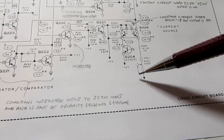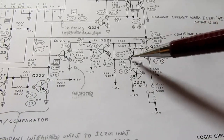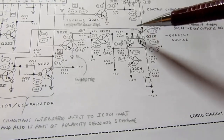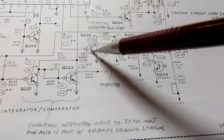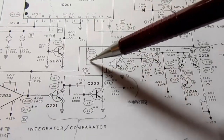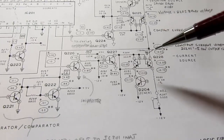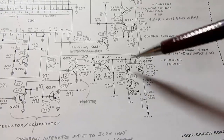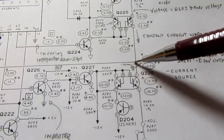The bottom of it is minus 12 volts, and this transistor operates as a Zener diode connected to this, and that controls this, and there's an adjustable resistance from minus 12 volts coming up to here, and this whole circuit is turned on and off by this transistor, which in turn is turned on and off by this transistor, but this is an inverting device in this application. So when this says I want to have a negative current, it inverts that so that it'll operate this guy properly to control this. And so this guy generates a negative current in the sense that it's sucking a constant current through it from whatever it's connected to. Both the positive constant current and the negative constant current circuits come together here,